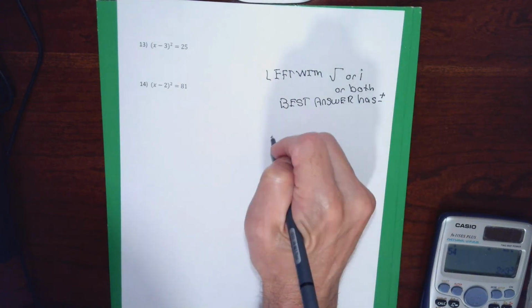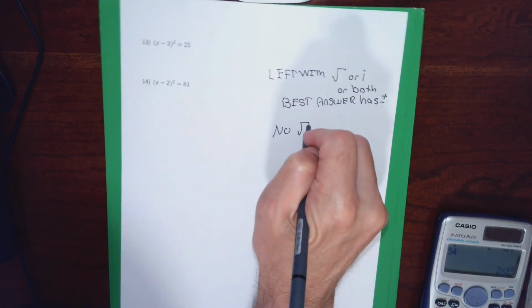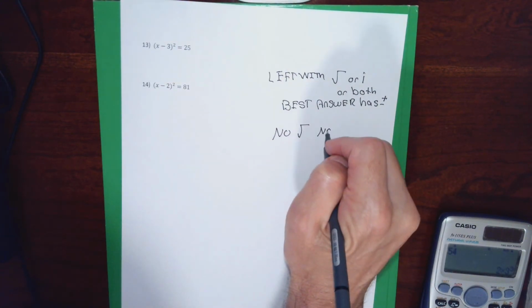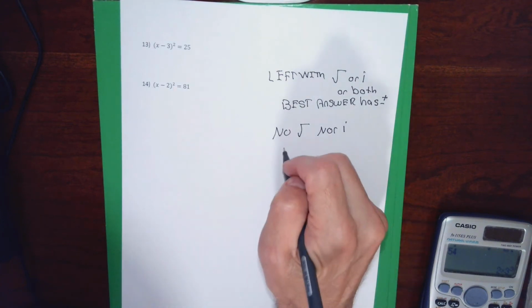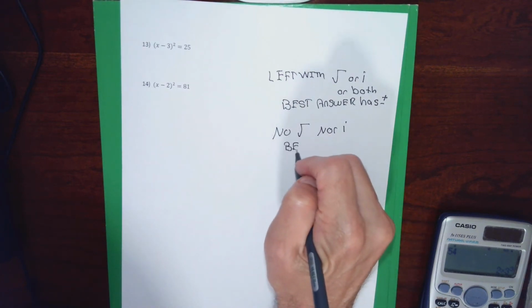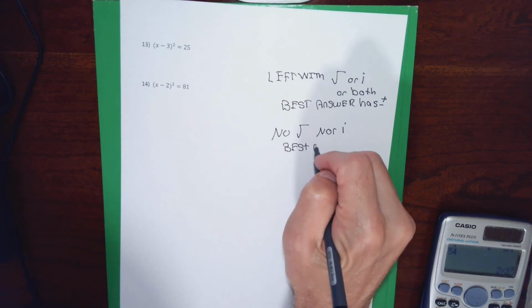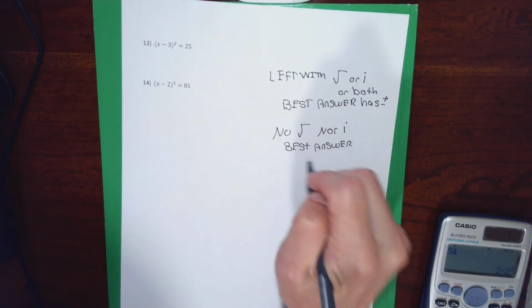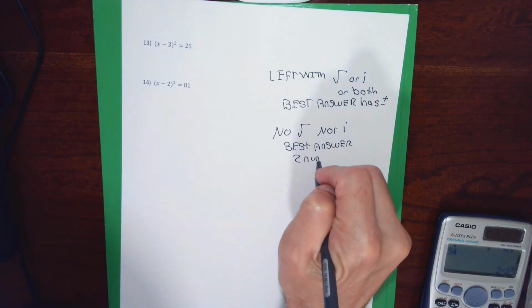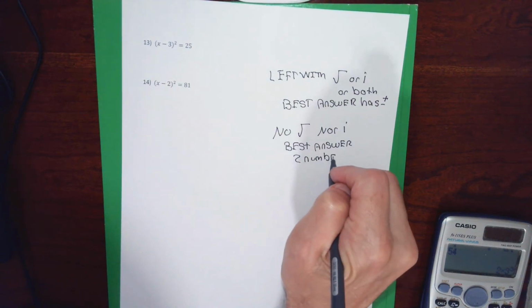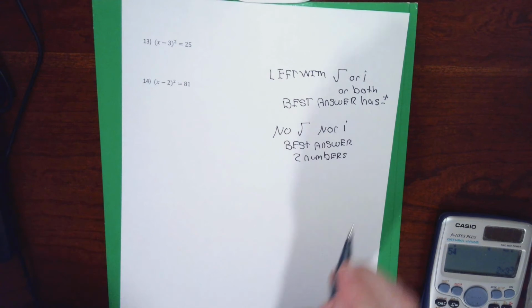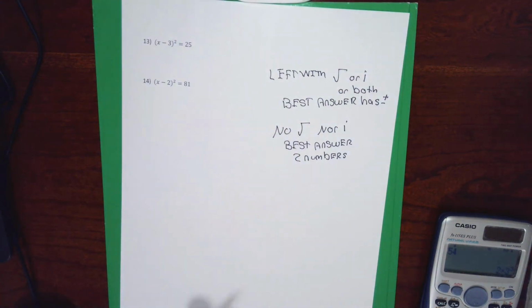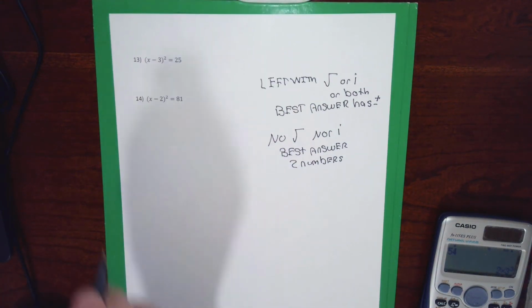If there's no square root nor I, the best answer is two numbers. In the first part of this video, the problems that don't have the parentheses, the best answer always has the plus or minus. But in the parentheses problems,